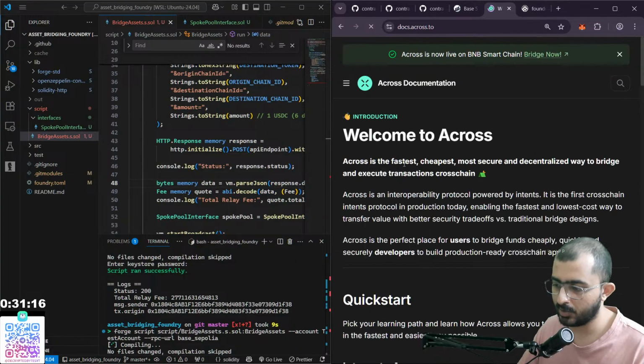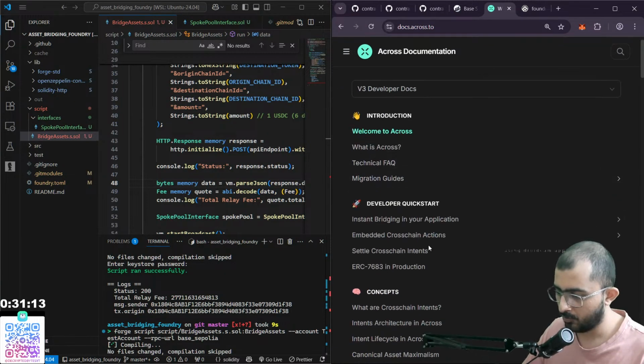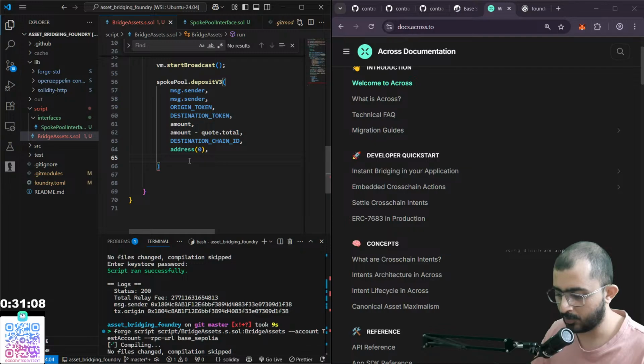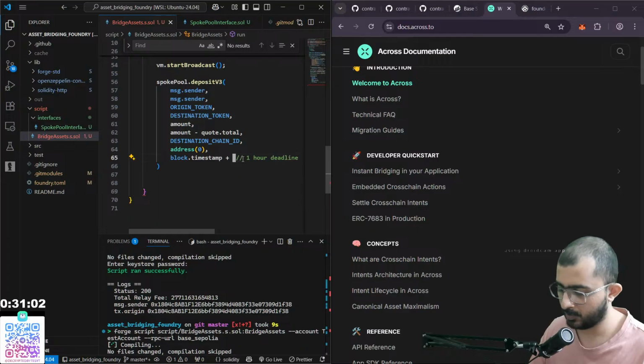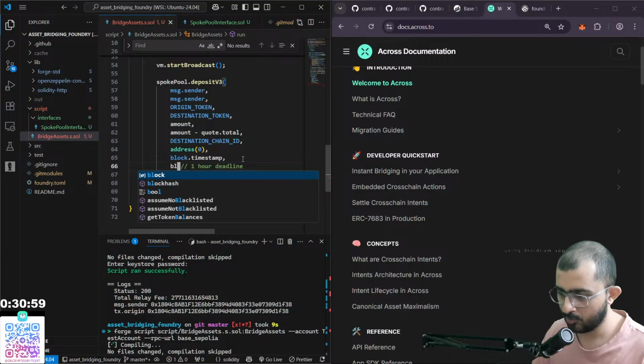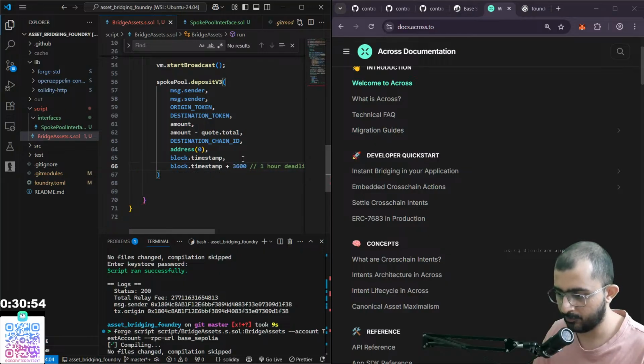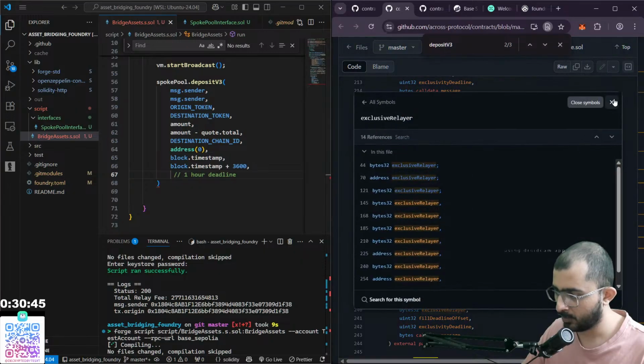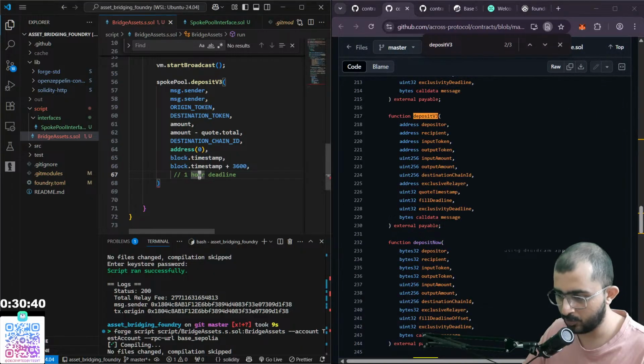At the API reference, we can check where do we get the timestamp, or we can just use current timestamp, block dot timestamp, block dot timestamp plus, I don't know, a little bit more than that. Timestamp, exclusivity deadline. We can put that as 0 and then